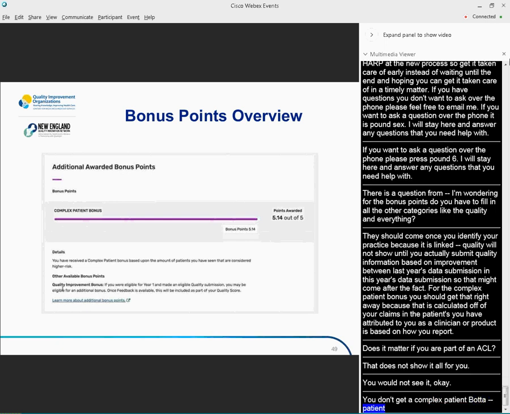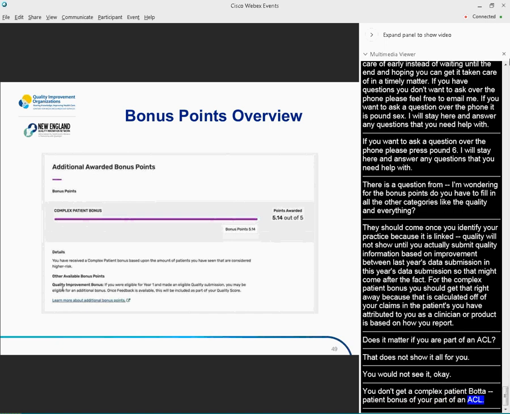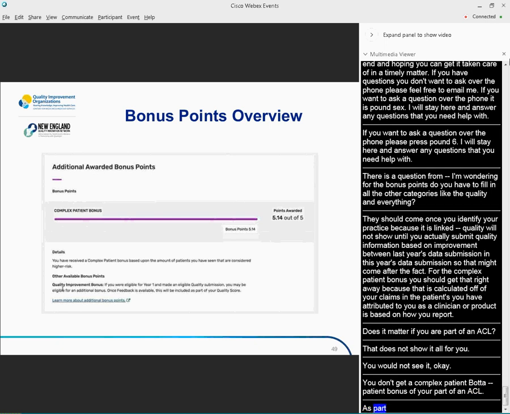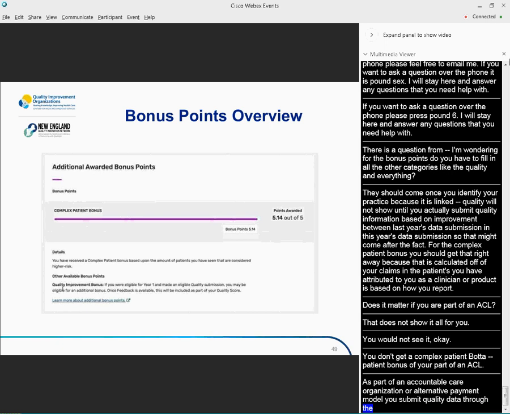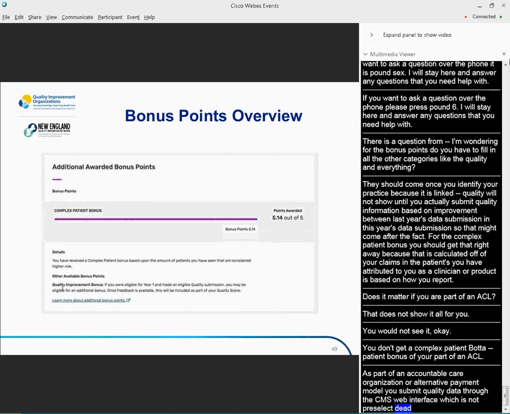As part of an accountable care organization or an alternative payment model, you submit quality data through the CMS web interface, which is that pre-selected handful of quality measures. So you're actually not getting evaluated quite the same as the MIPS eligible clinicians.